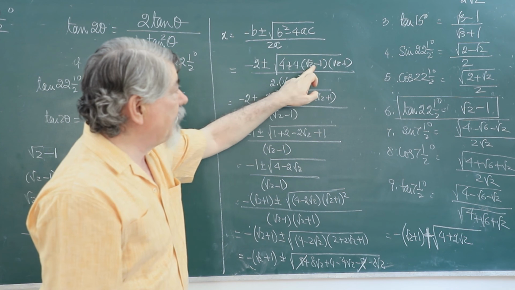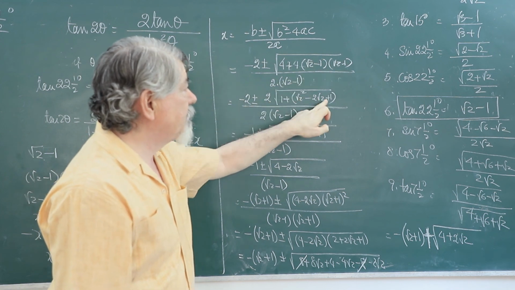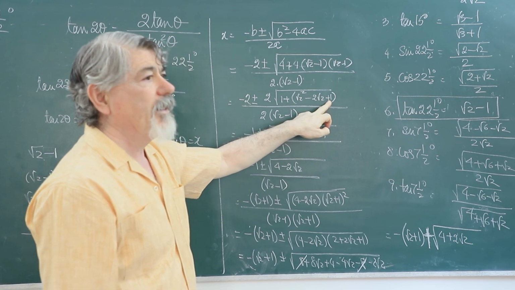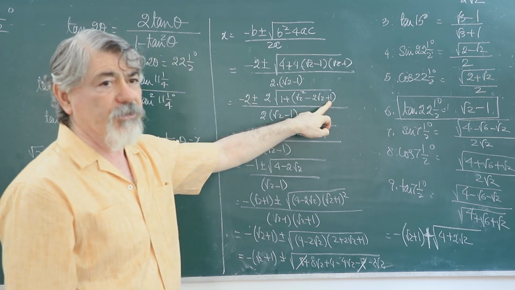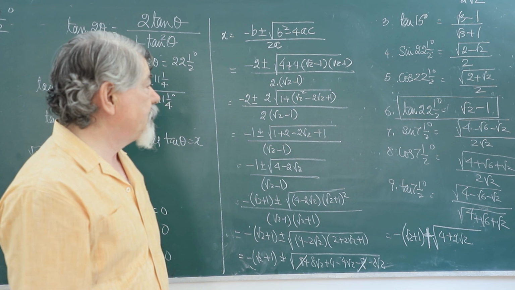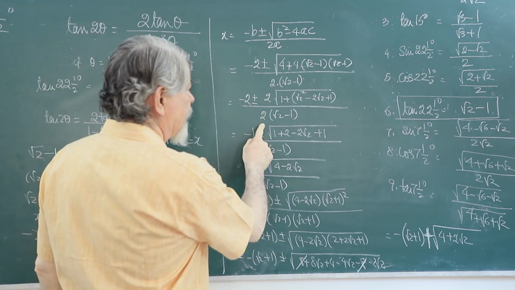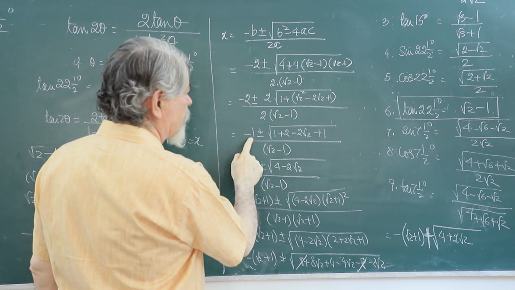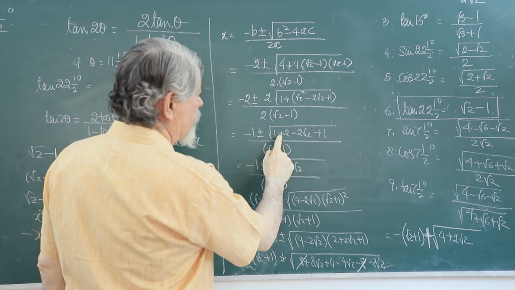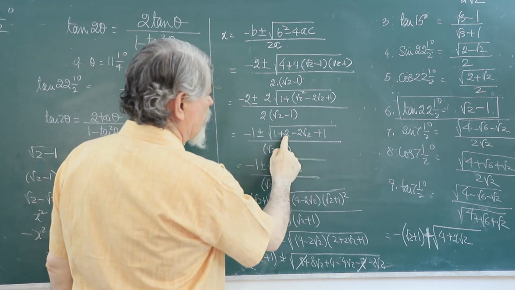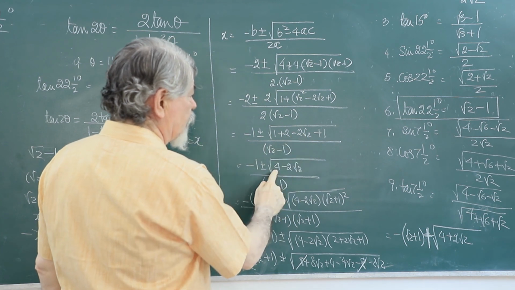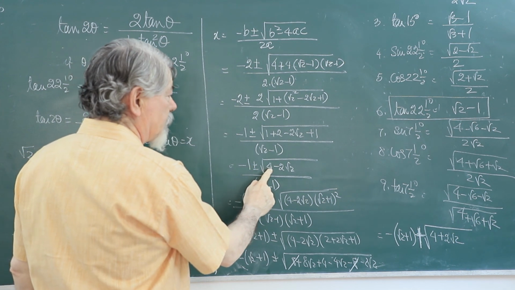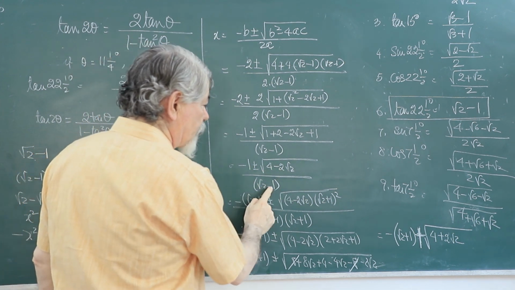1 plus, when I square this, I get this, root 2 whole square minus 2 root 2 plus 1. A minus b whole square is a square minus 2ab plus b square. So we get here, 2 is here, 2 is here, 2 is here, that will cancel. Minus 1 plus minus, when you open it out, 1 plus 1, 2, 2 plus 2, 4, 4 minus 2 root 2, minus 1 plus minus 4 minus 2 root 2 upon root 2 minus 1.